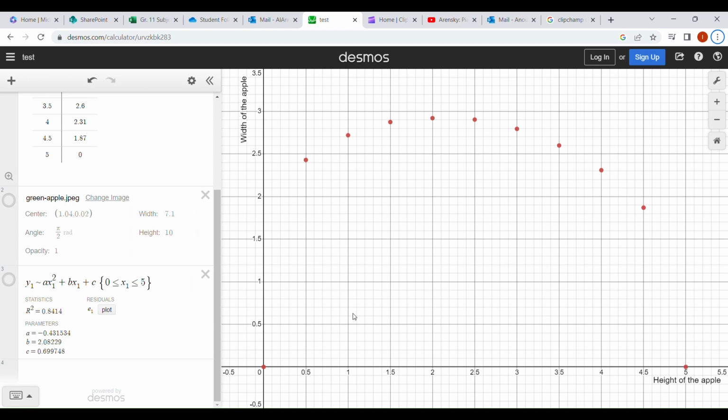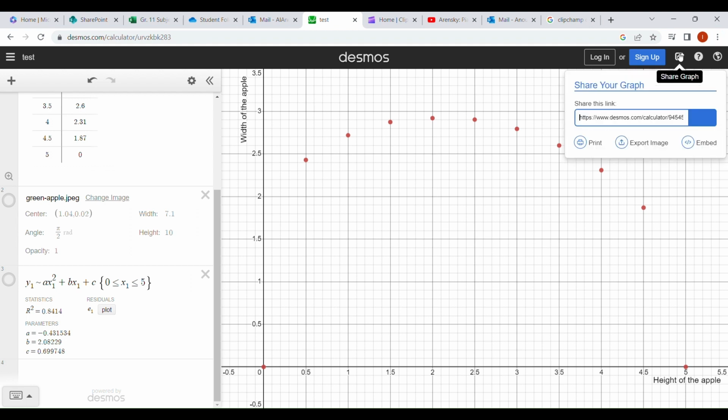An essential element in the completion of your internal assessment is receiving feedback from your teacher. To receive feedback on your data collection process, you will have to share your Desmos file with your teacher. To do that, you can press the Share Graph button, then share the link that appears in this field. One important thing to note, however, is that any changes made to this file will not appear in the link previously shared. You will have to share a new link every time you make any changes.